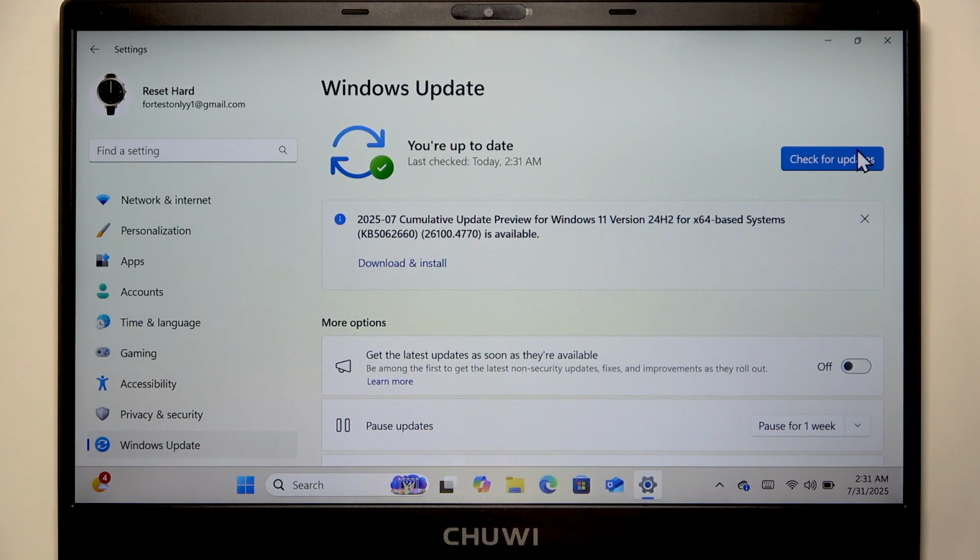Basically, the installation should start automatically. As you can see right here, I only have the cumulative update preview, which is not a required update. So I'm not gonna install it, but generally just click download and install, and once the update is installed, you'll be notified right here if you have to restart your laptop after the